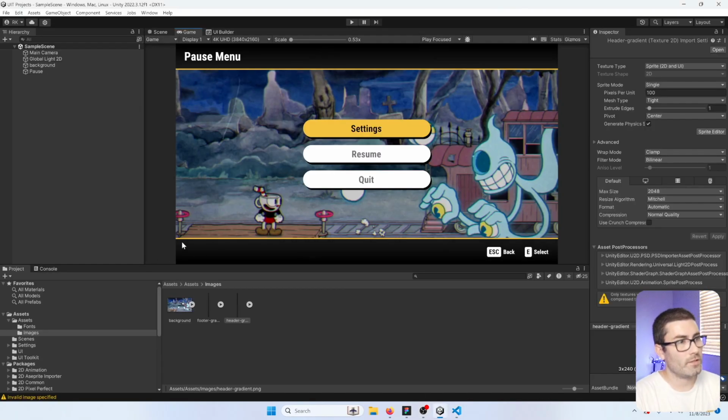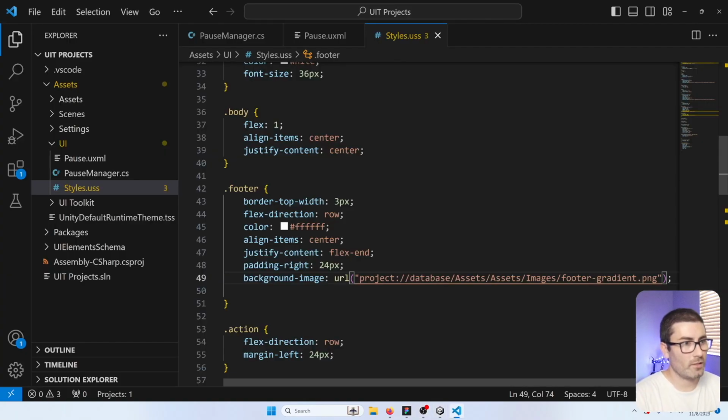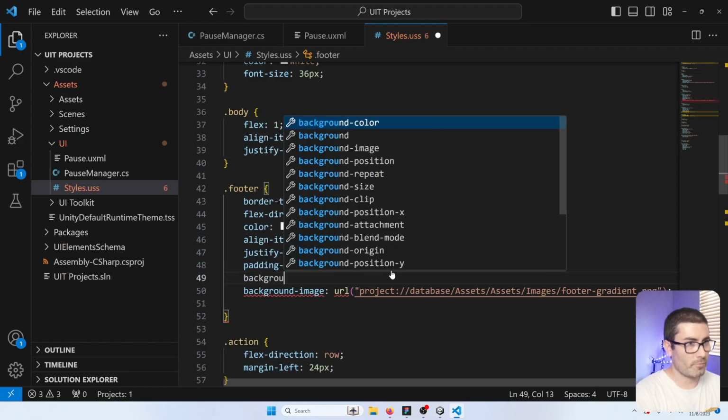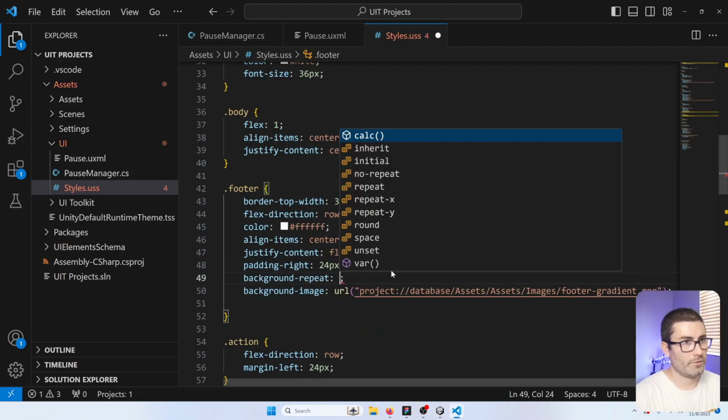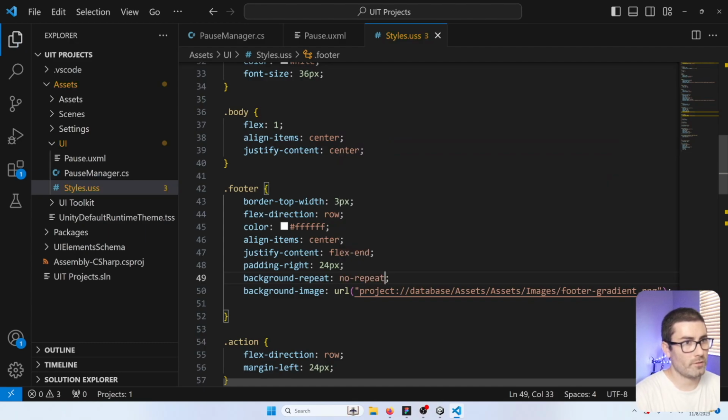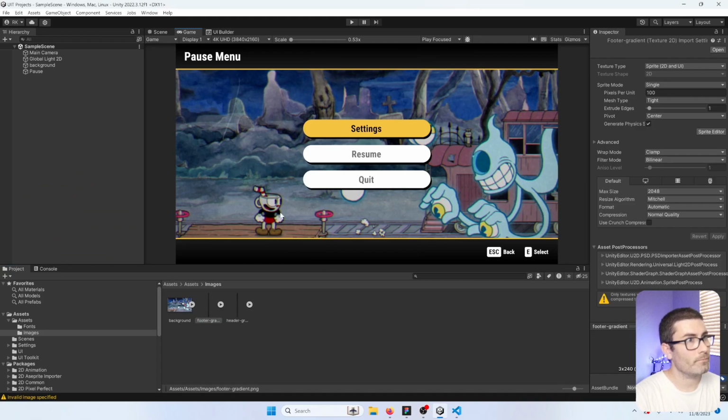There we go. And just one thing to note is that it tiles by default. So my actual images are just 1 pixel wide, and it's going to automatically tile it. So that's why it goes all the way across. But if you did want to change that, you could go background repeat. And you could do repeat X, repeat Y, or no repeat. So if I did no repeat,